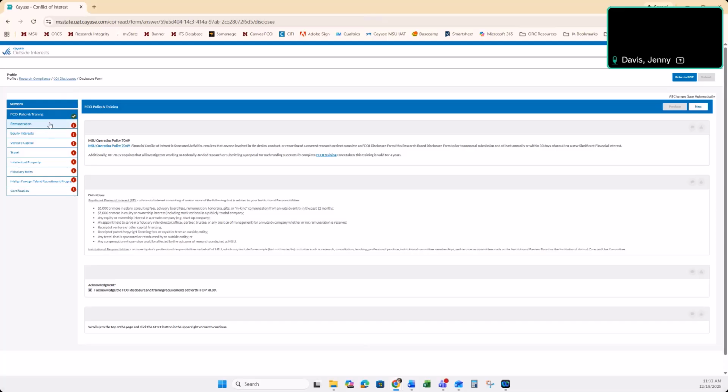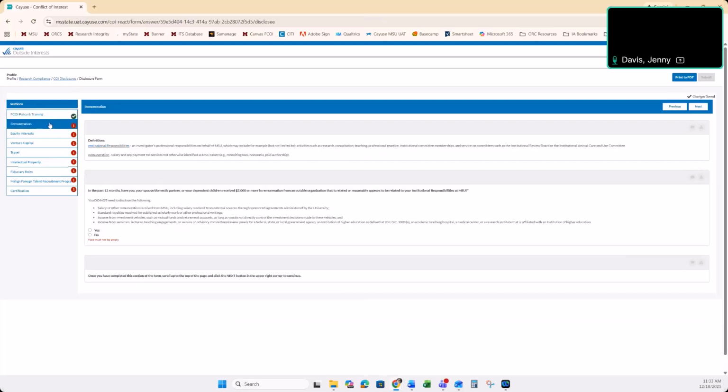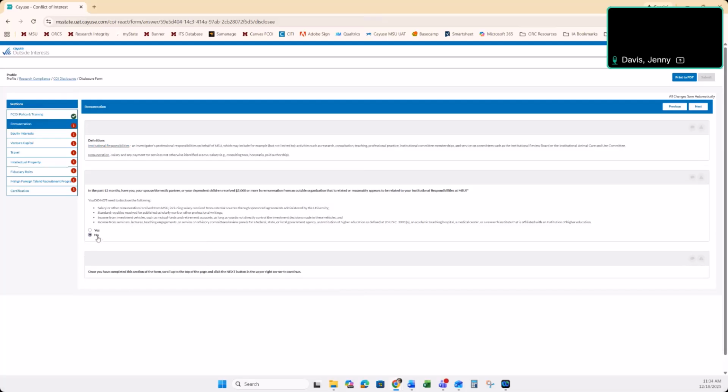The next section is the remuneration section. And it essentially starts off by asking one question, which is, in the past 12 months, have you, your spouse, or dependent children received $5,000 or more in remuneration from an outside organization that is related or reasonably appears to be related to your institutional responsibilities at the university? If you have no remuneration to disclose, you click no, and then you'll go ahead and move on to the next section. However, if you do have some remuneration to disclose, you click yes,